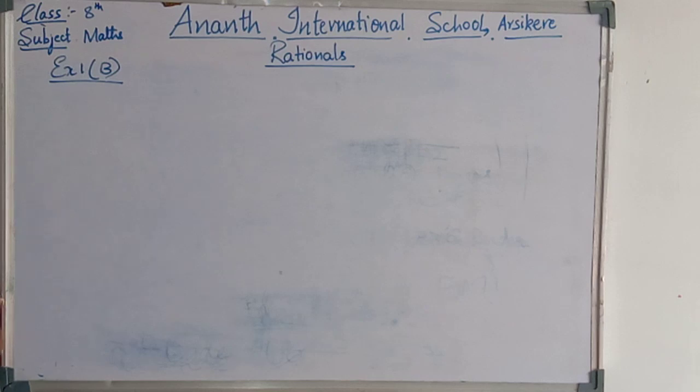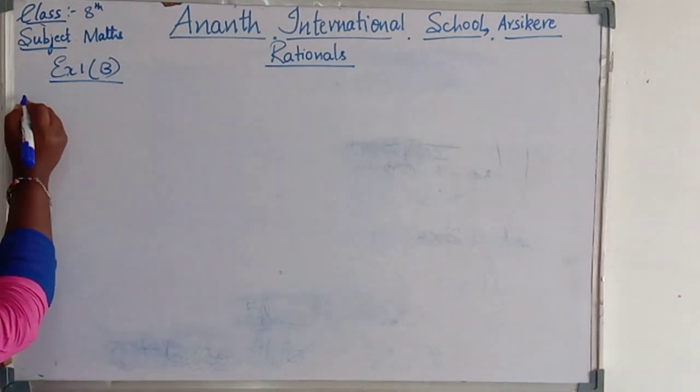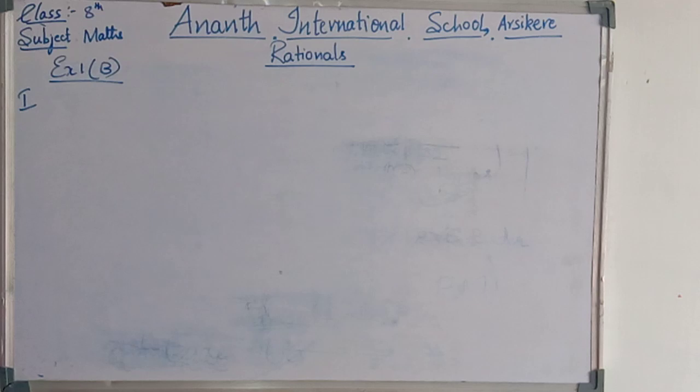So only the closure property holds for subtraction. Exercise 1B deals with only the closure property because it comes under subtraction. There are 6 problems in exercise 1B. I am going to do only the odd sums 1, 3, 5. You have to do the even sums 2, 4, 6.